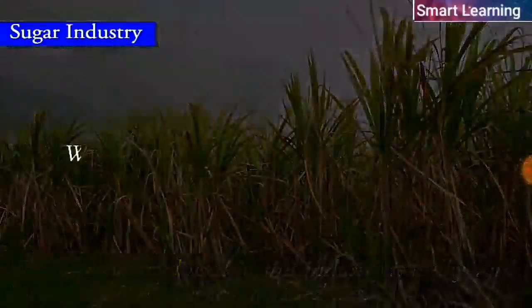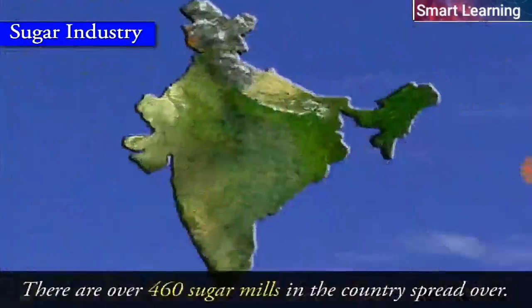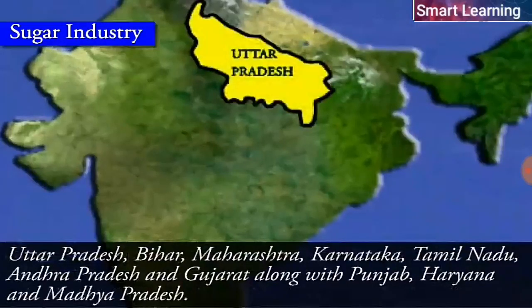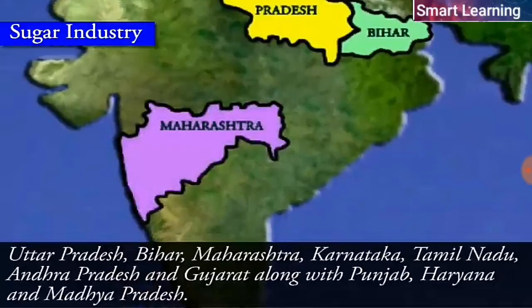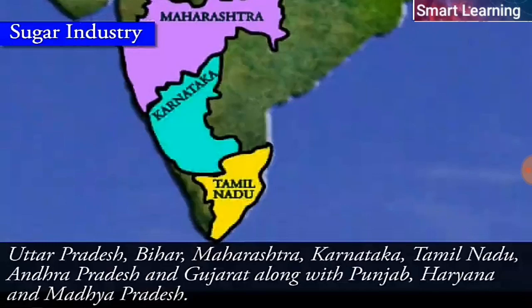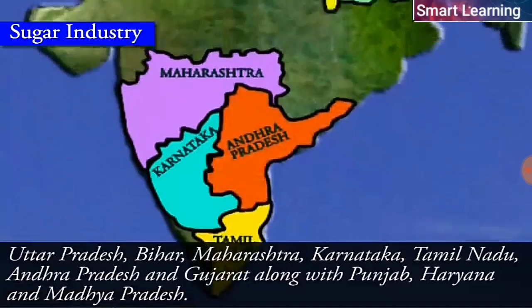Where should the mills be ideally located? There are over 460 sugar mills in the country, spread over Uttar Pradesh, Bihar, Maharashtra, Karnataka, Tamil Nadu, Andhra Pradesh, and Gujarat,